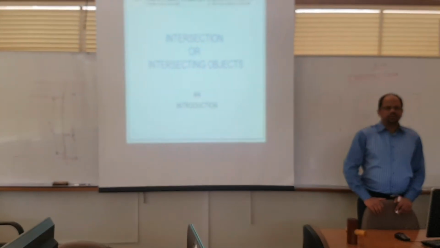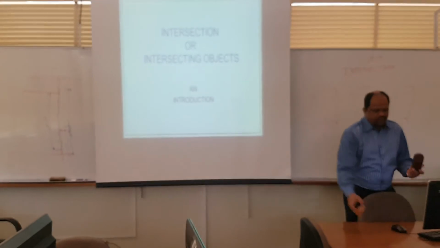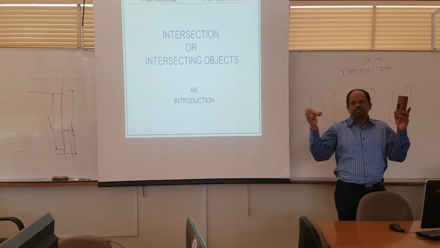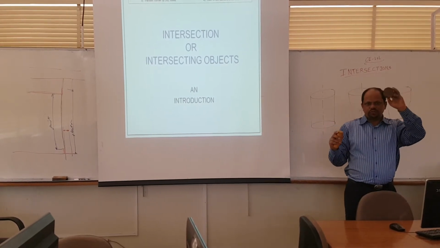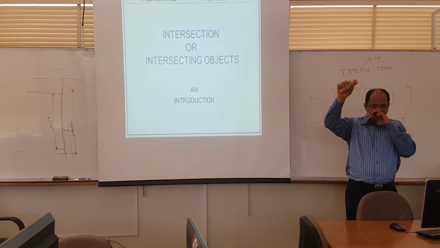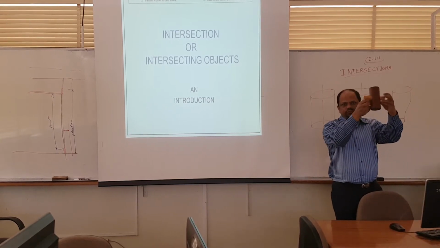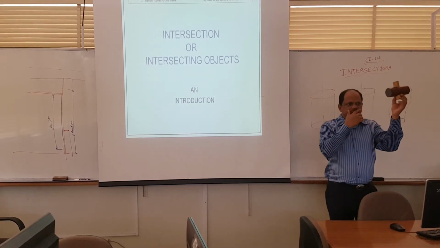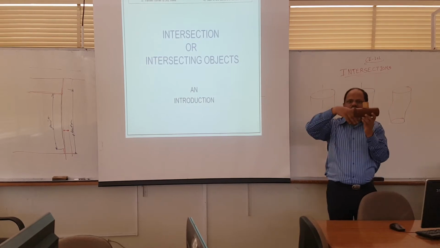...of orthographic projection, in which you have two objects intersecting with each other or having different geometry, and they are joined together. Okay? So now this is a cylindrical object, this is again a cylinder. Suppose there is a joint. Okay? For many machineries or industrial objects, there are joints and there are objects which are intersecting or passing through